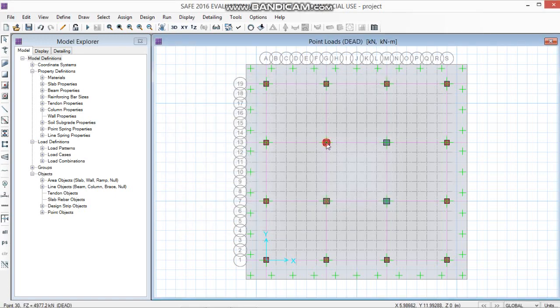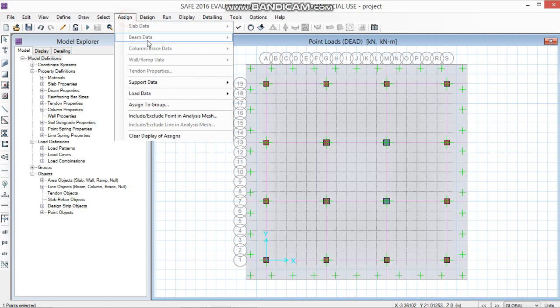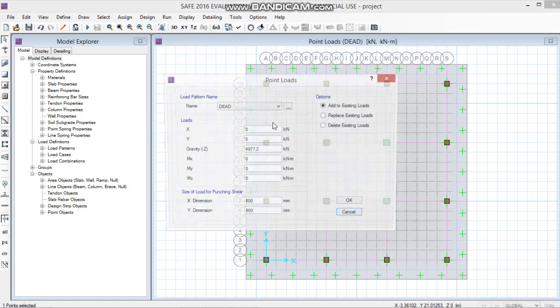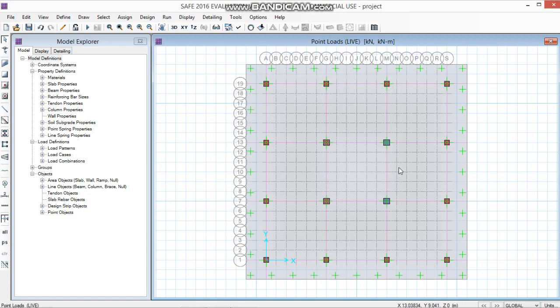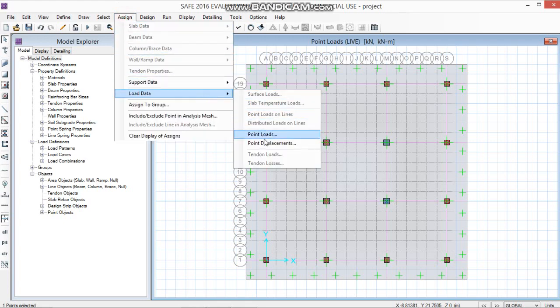Now go for the live load for this column, which is 2579.8. Likewise, go for other columns.